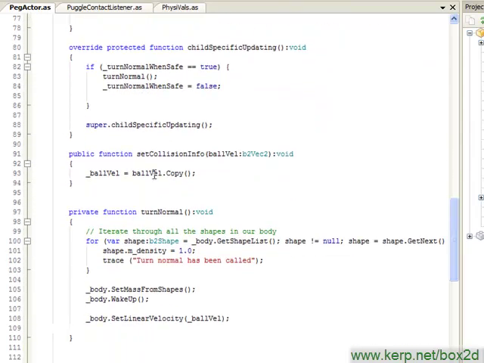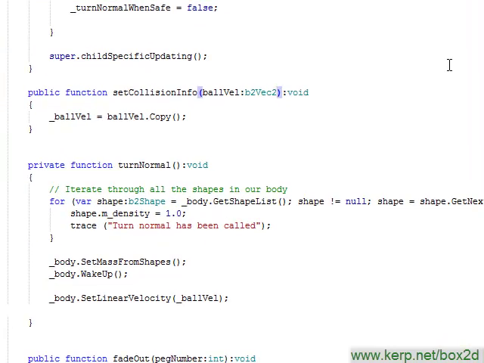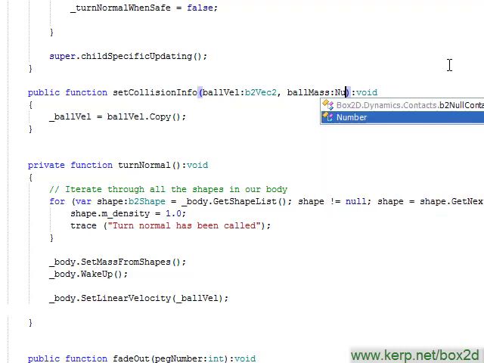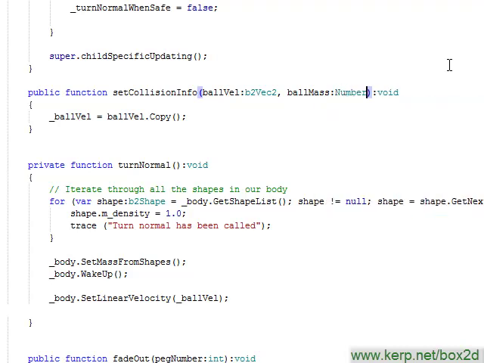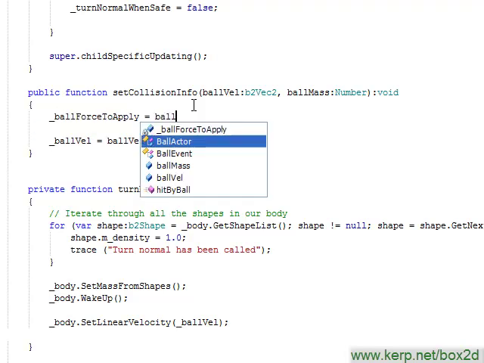Now when I go down to my set collision info, I'm going to pass in the velocity of the ball, but then also important for calculating the force that will eventually be applied is the mass of the ball. So I'm going to pass in ball mass as well, and this is a number. Basically, ball mass will be in kilograms, ball velocity is still in meters a second, and so to calculate my ball force, I'm basically going to take our ball velocity,